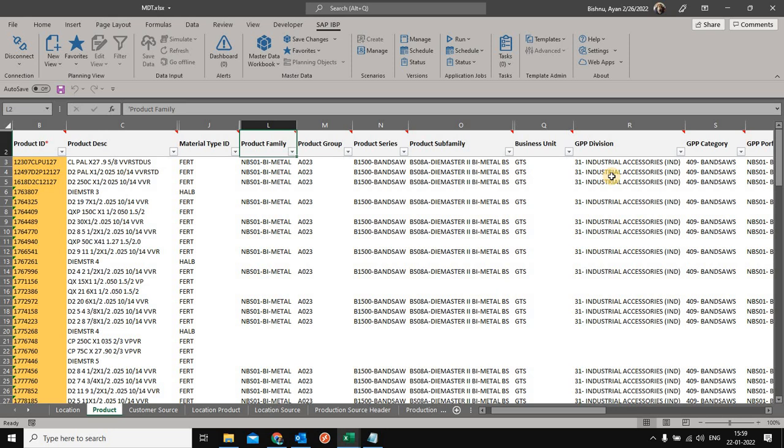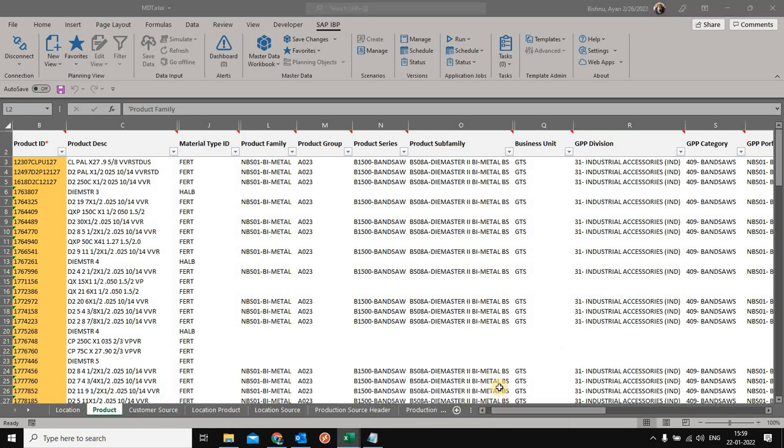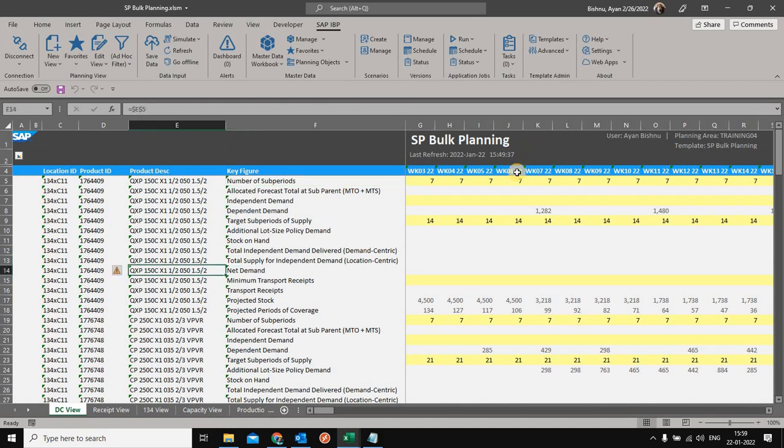Now, moving on, I'll be showing you one such use case example of using VBA codes in planning view templates as well. So here, I will take you to the planning view, which I have already opened. This is one of the specific requirements for one of my clients. So if you see here